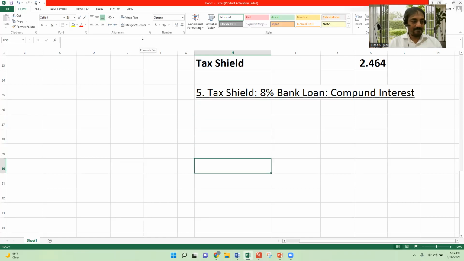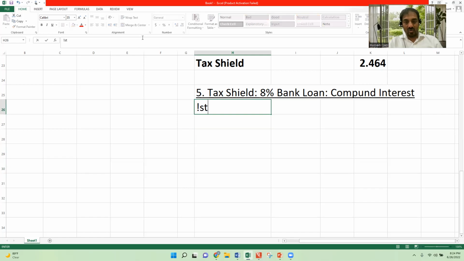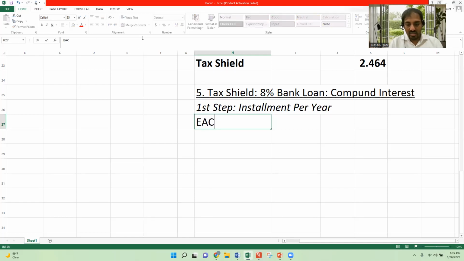So number 1, the first step is to identify the installment, the installment per year. And this is what about the equivalent annual cost. Equivalent annual cost is equal to